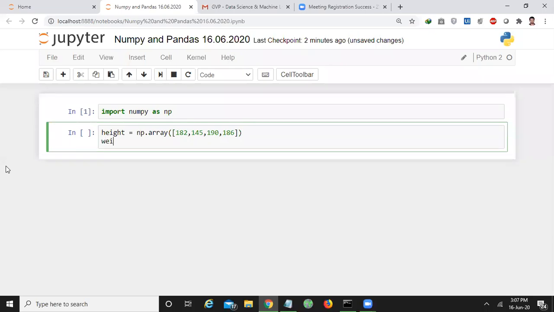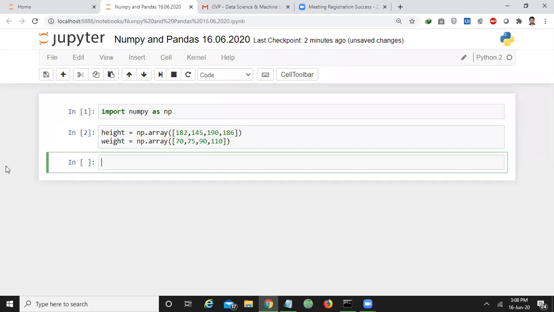Similarly, I'll create another array, np.array of 70, 75, 90 and 110. So I have created a height array and a weight array, and these arrays are successfully created.